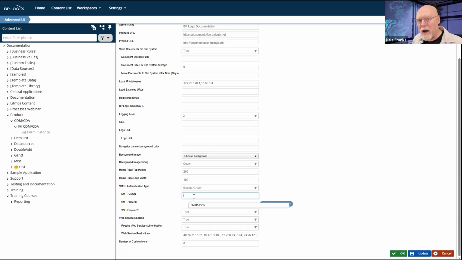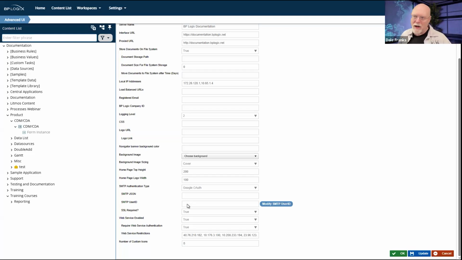You're going to need to copy this JSON package, and you're going to have to paste it here in the SMTP JSON property in order to have all of the appropriate authentication properties that you need that are contained in this package to get passed to Google in order to enable you to authenticate. In addition to that, you will need an SMTP user ID. This is usually the email inbox address.